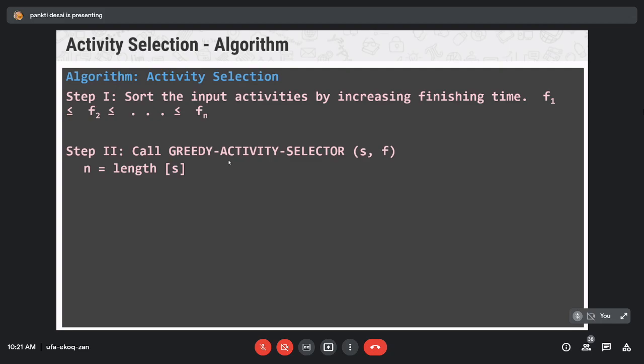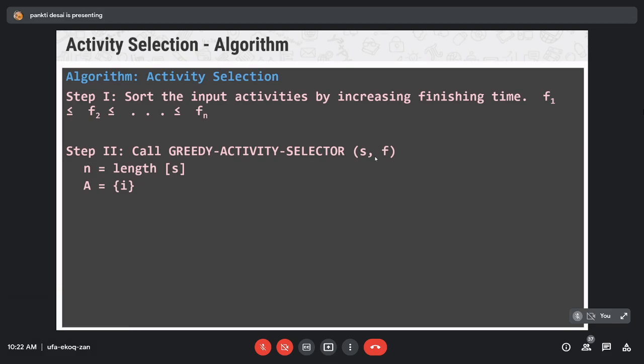So n is equal to length of s, where s and f are the starting times and finishing times.